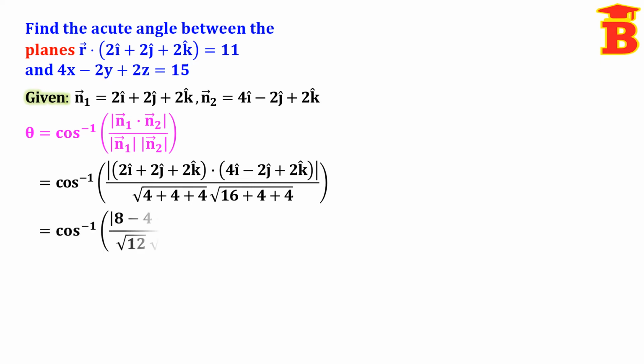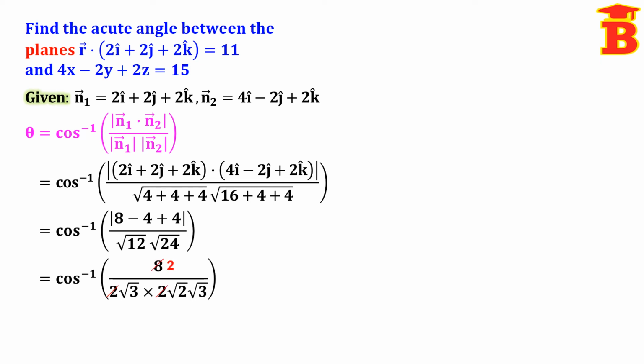So this is equal to cos inverse of modulus, taking the dot product: 2 into 4 is 8, 2 into minus 2 is minus 4, plus 2 into 2 is 4, divided by root of 4 plus 4 plus 4, 12, into root of 16 plus 4 plus 4, 24. So this is equal to cos inverse of modulus 8, that is positive, so we write 8 divided by this